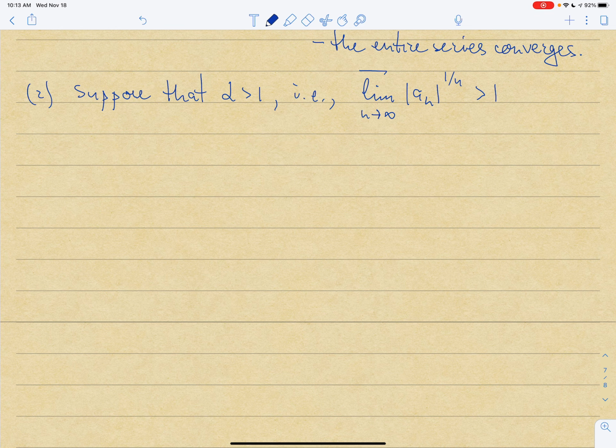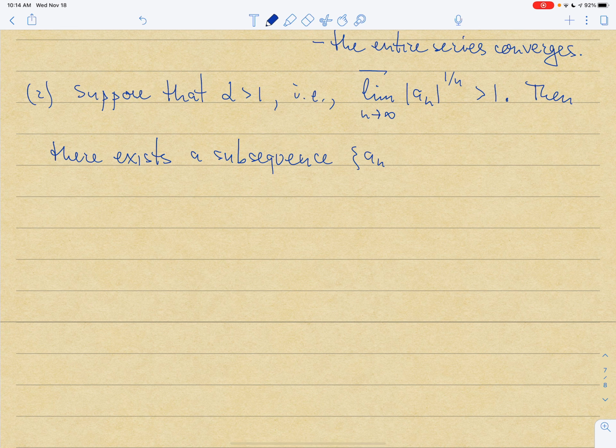Okay, so then by one of the previous theorems about subsequences, we can always find a subsequence which converges to the lim sup. So then there exists a subsequence, let's say a_{n_k}, such that